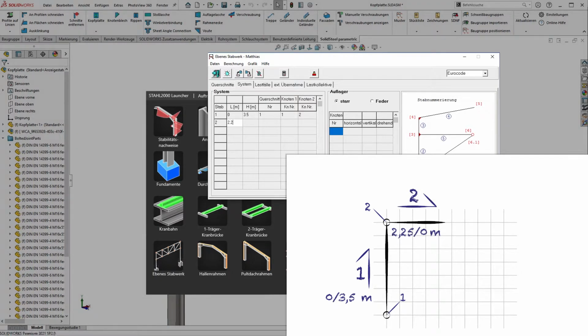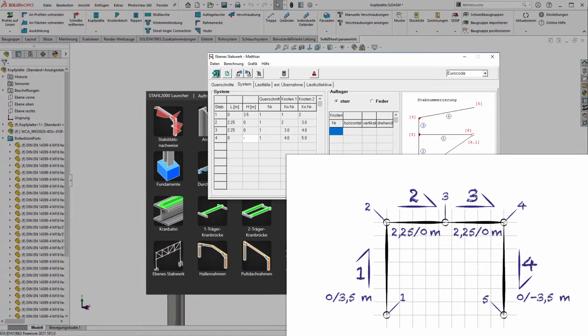We continue with the horizontal beam, which I enter in the system as two half beams, each with a length of 2.25 meters and a height of 0 meters. So I get the node 3, for which I then get, for example, shear forces and moments in the center of the beam in the later calculation. The second support is still missing. It has a length of 0 meters again, and for the height I enter -3.5 this time, because the data are always interpreted from the last node. Now we have to specify which nodes are supported, and in our case these are nodes 1 and 5.